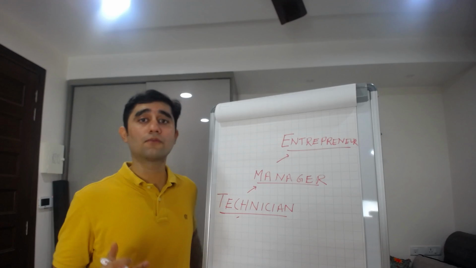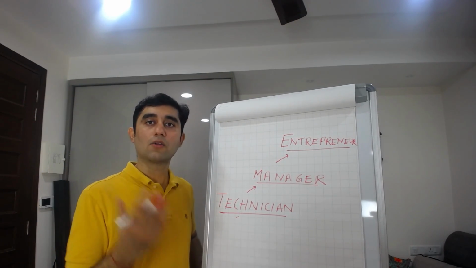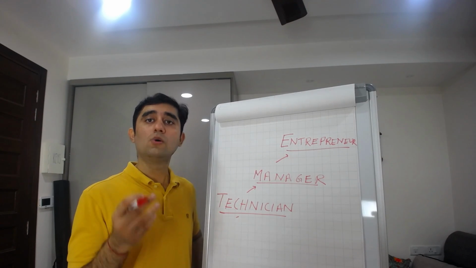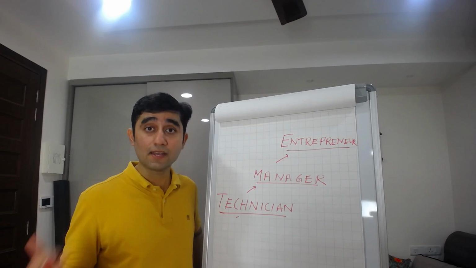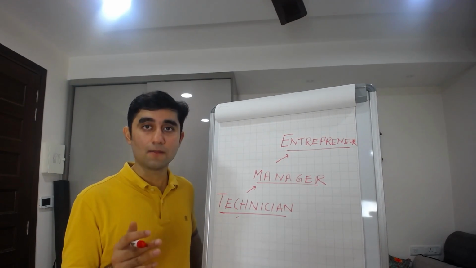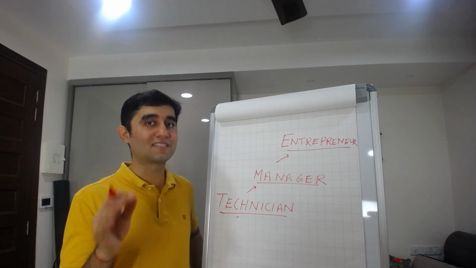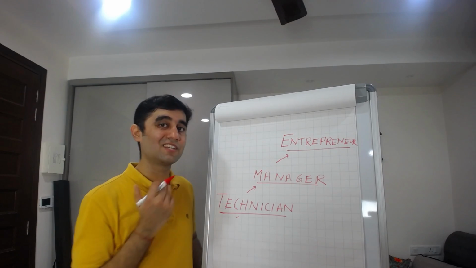Now, these stages I've learned from a book called E-Myth. E-Myth is a book created by a writer called Michael Gerber, who has said that on an average, 80% of the businesses in the entire world actually struggle due to lack of systems and tools. And it defines the journey of a business owner in three stages.